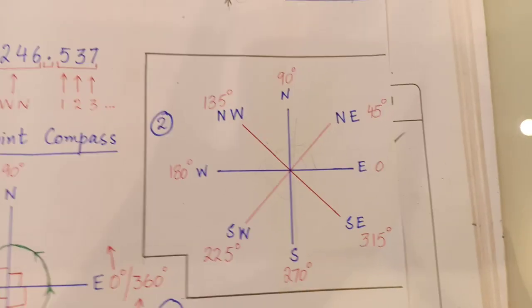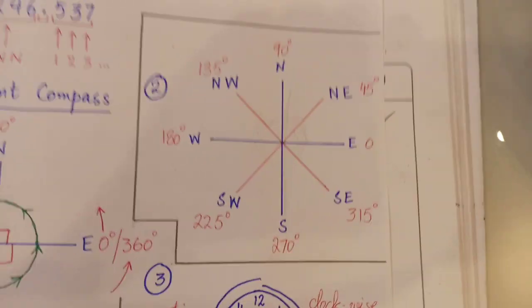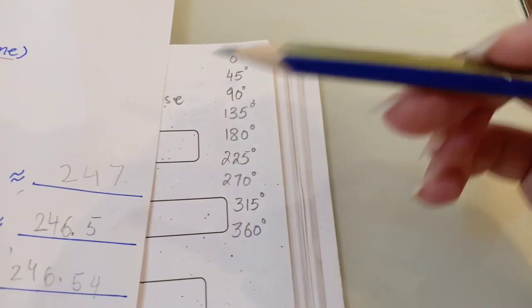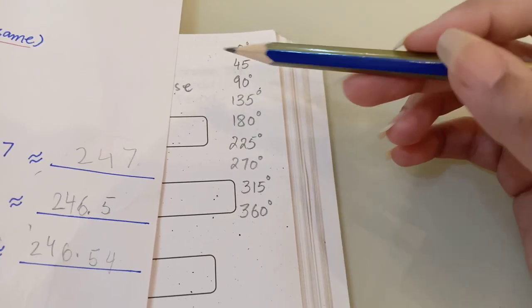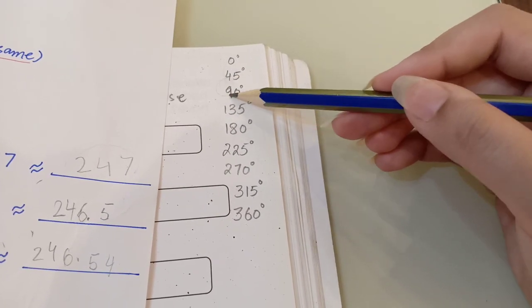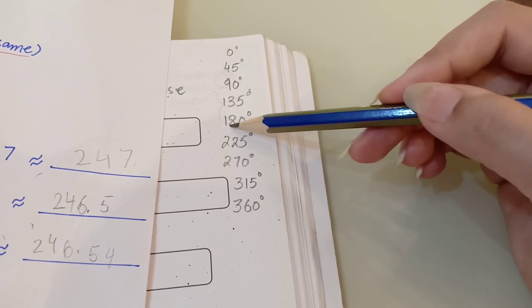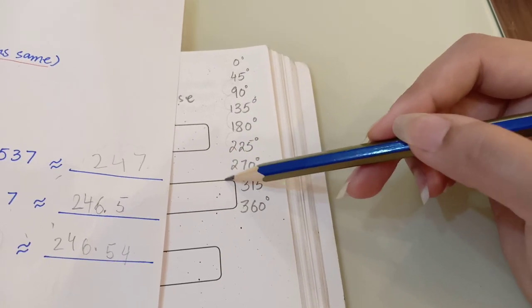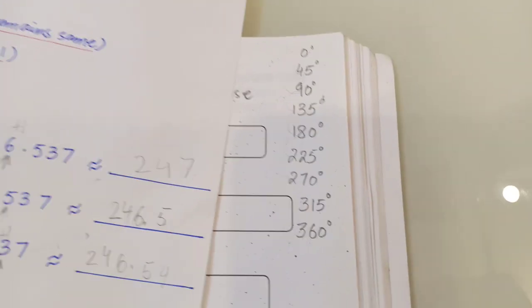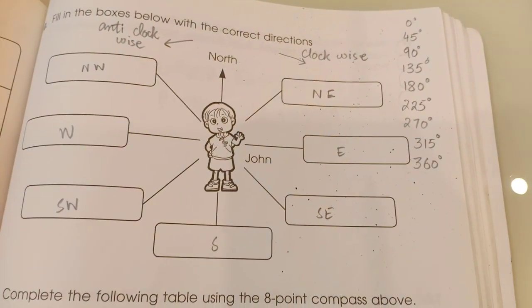So all these angles we will write them down like this, so that we more or less memorize them, or just keep in your mind that you have to add 45 degrees. 0 plus 45 is 45, again adding 45 is 90, 135, 180, 225, 270, 315, and then 360. You can write it down on the side of page number 89, because it is important that you keep these in your mind.